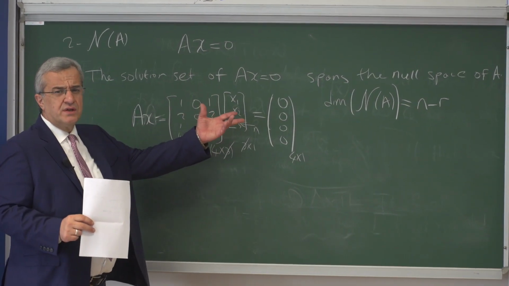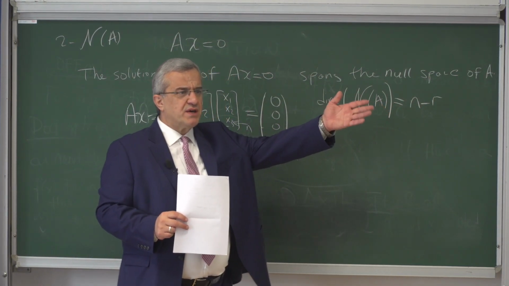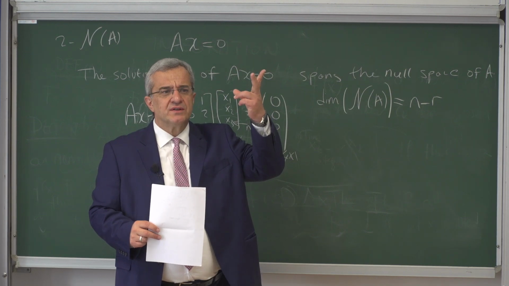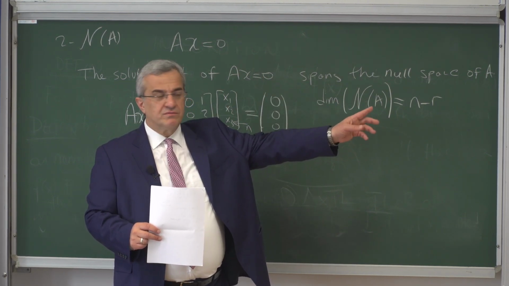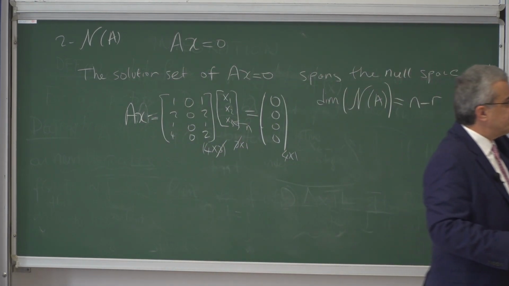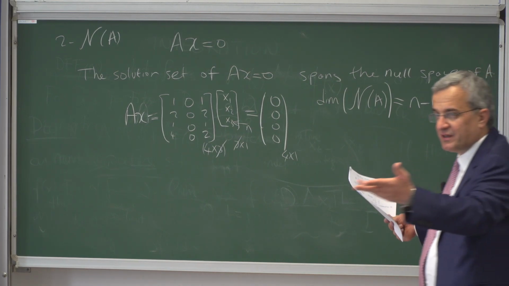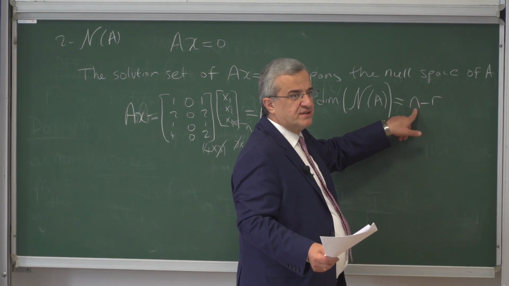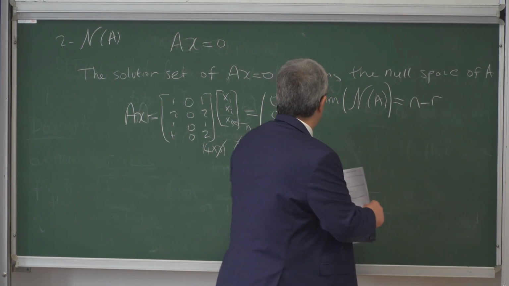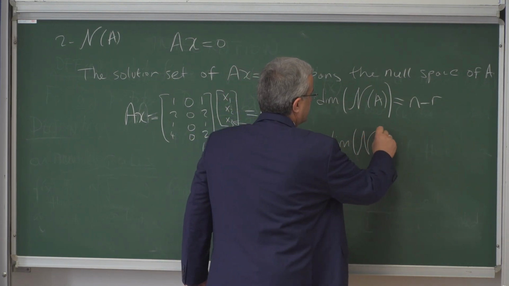So what is the dimension here, since we said that for that matrix the rank was what? What was the rank of that matrix? The rank of this matrix was 2, right? Everybody, 2, right? Do we realize it, everybody? Okay. So since it is 2, and what is n here? 3. So for this example, the dimension of null space of A